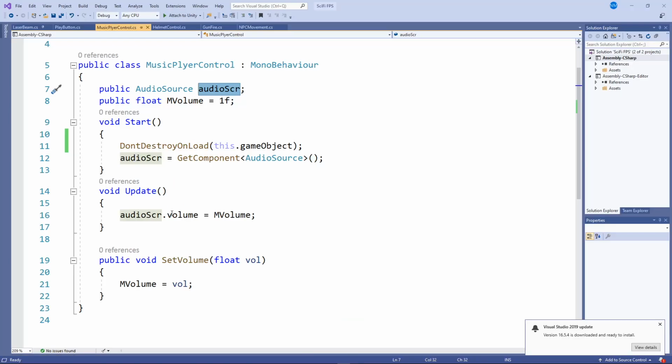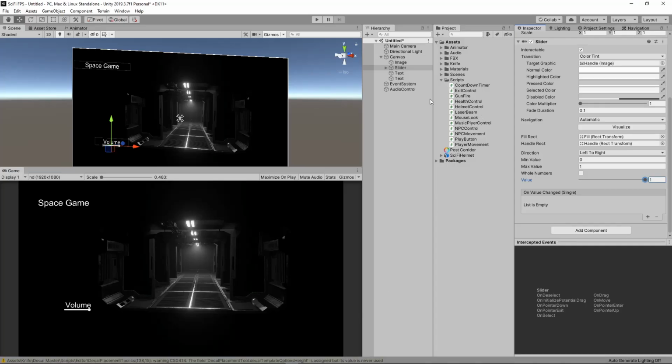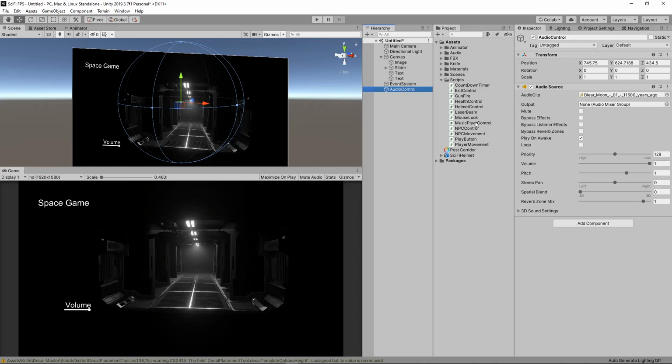Okay, so and then down here, this is where it actually works. So we're saying that we're going to attach this method here to the slider, and we're going to basically say change this, which is our volume, as we set the value up and down. So let's just assign that and see it working, and hopefully it'll make more sense to you when you actually see it in place. So I'm going to put my script